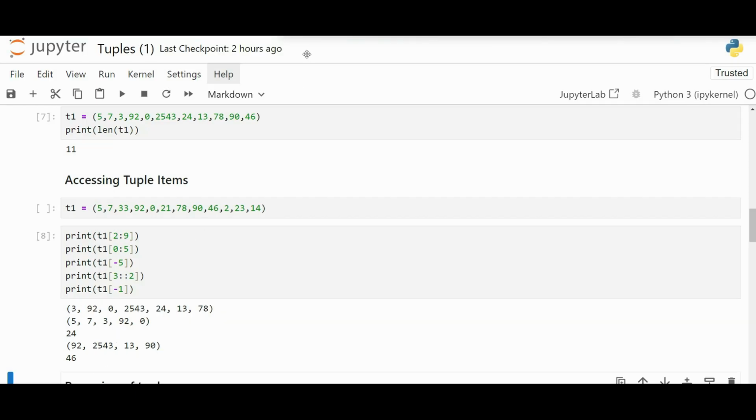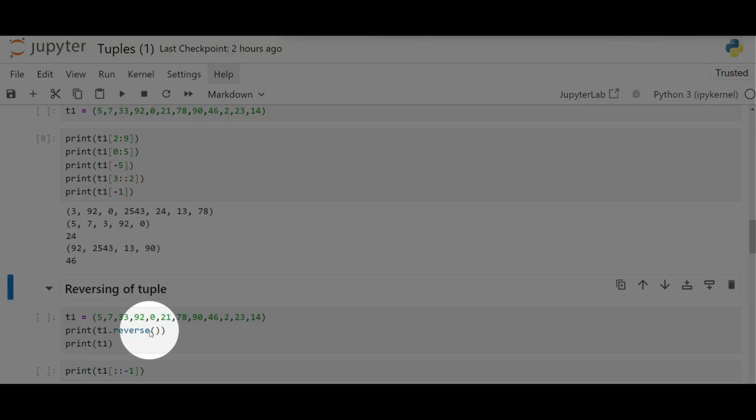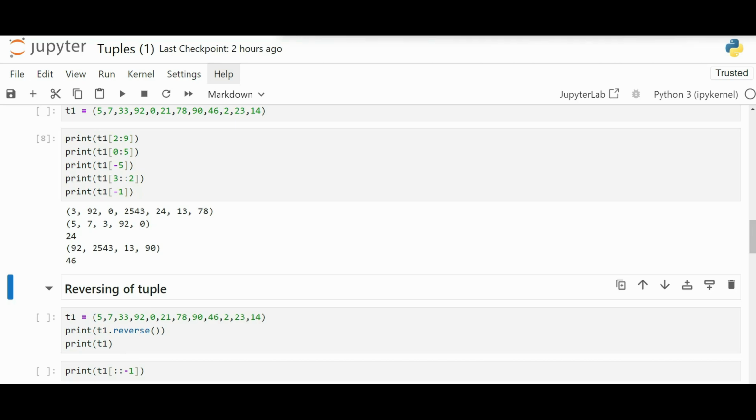Clear? So now let's move into how do we reverse a tuple. See, in case of list, this reverse usually works, but in case of tuple, this will not work. This will definitely throw an error. So this was the elements that I have given to this particular variable, and I'm trying to reverse this particular thing,